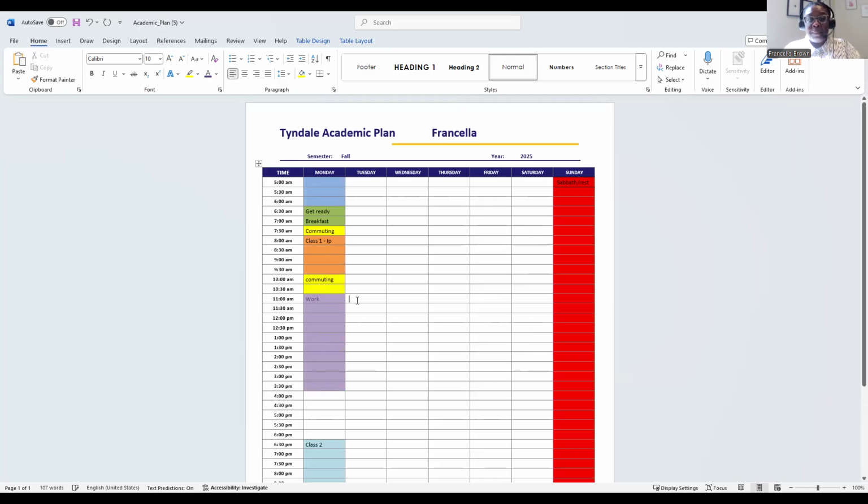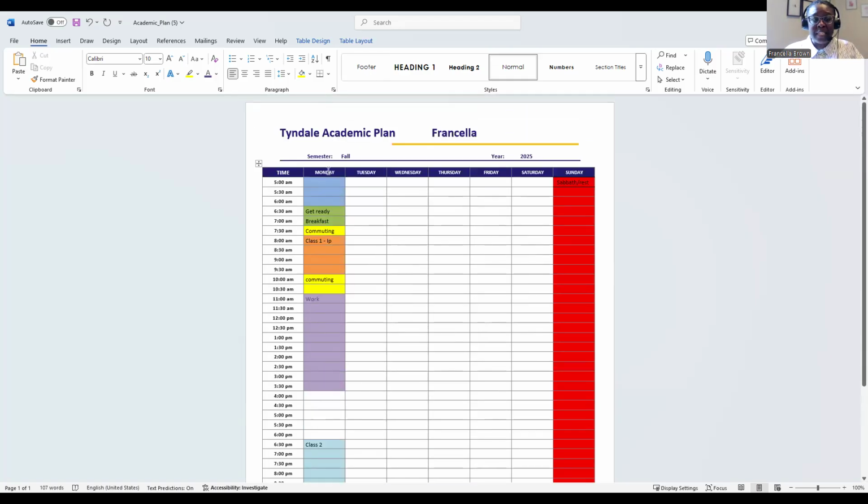Some students have the option to give their availability to their employer, so that it can work around what their classes are. So if that is an option for you, and you find that 1 hour is not enough time for you to leave class, get in the car, drive to work, then you might have to, say, for instance, ask for a slightly different work schedule. Things like that can help and happen throughout the semester. Things like that can happen from year to year as well. So again, you're going to see these schedules change and adjust a little bit.